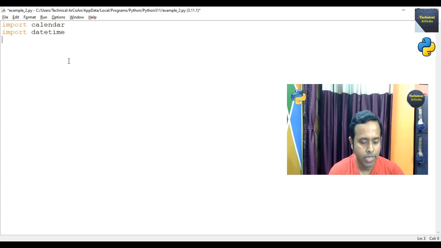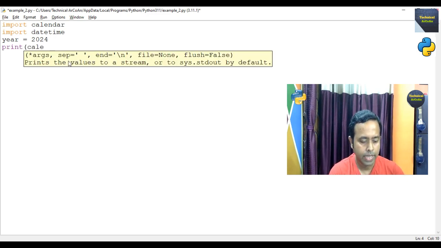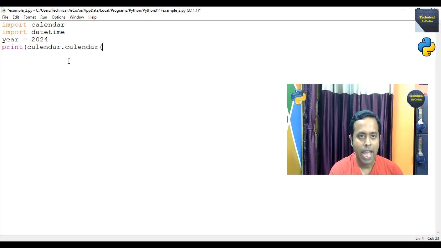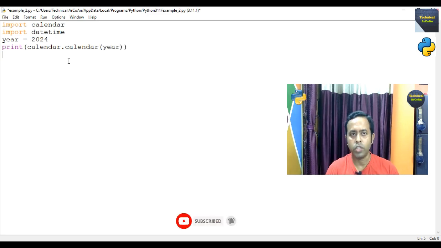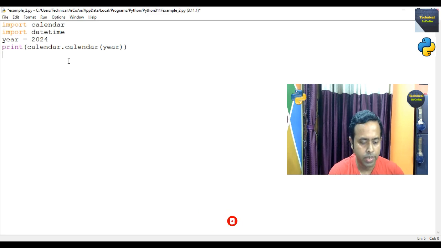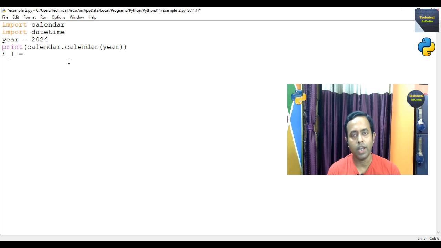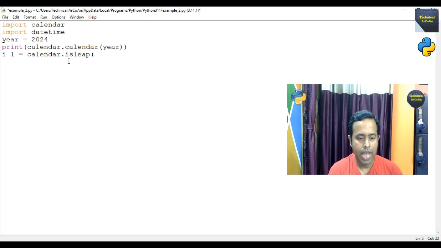Okay, and we take the year at first 2024, and then we print the calendar of this year. So just write print calendar module, and there is a calendar function, and send as an argument year. We find out the calendar of the year 2024. Okay, and now we take another variable I underscore L equal, and here we find out whether it is a leap year or not, so use the isleap function or method. Just write calendar module dot isleap and send the argument as year,